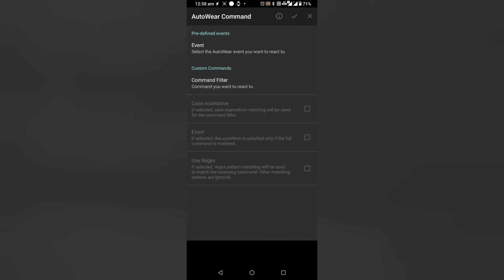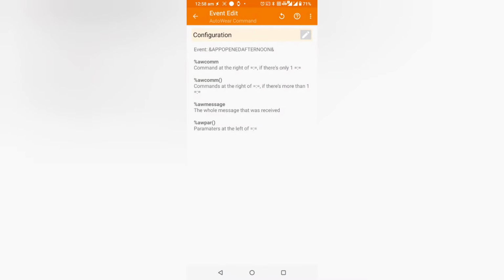And let's go back, and now you can see what kind of command it will show us. So if the event says app opened afternoon, that is the particular command that will be sent by our watch when we click on that particular button. So that is the parameter name, you can say. They have configured it predefined because it was available from Android 10 to 11 in order to use it.